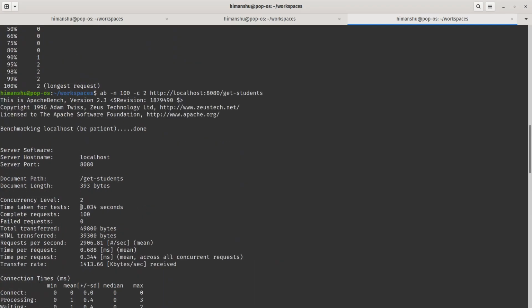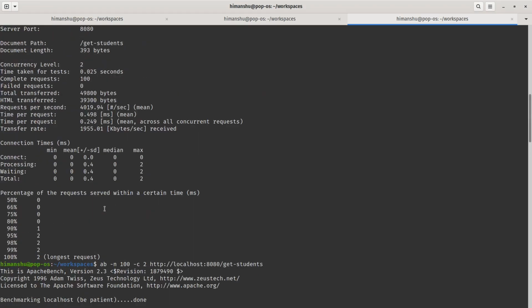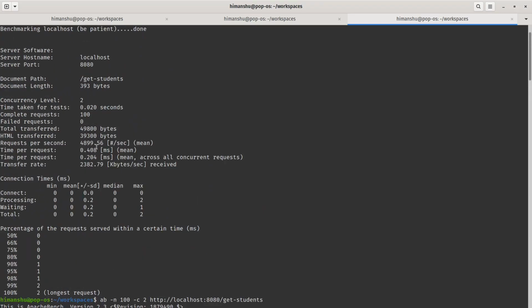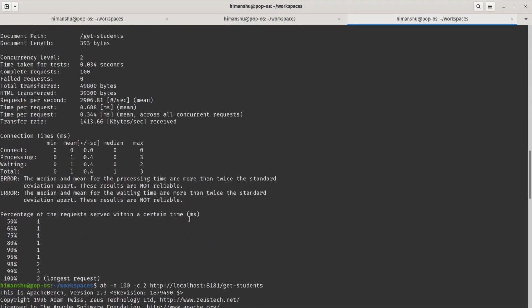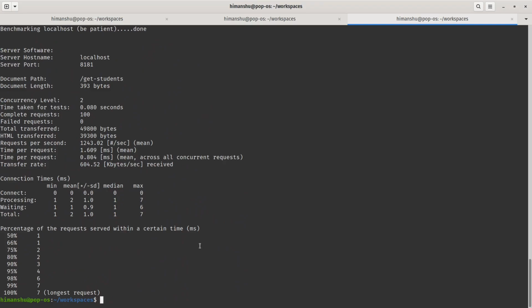While in the executable one it was always consistent, 0.034, 0.025, 0.020. So that means even though executable is fast in speeding things up, it seems we are losing the optimization in the executable version. So let's increase the size of our test case, and instead of 100 I will make it 10,000. I'm saying 10,000 requests for 2 concurrent users, and I'm hitting the native image,